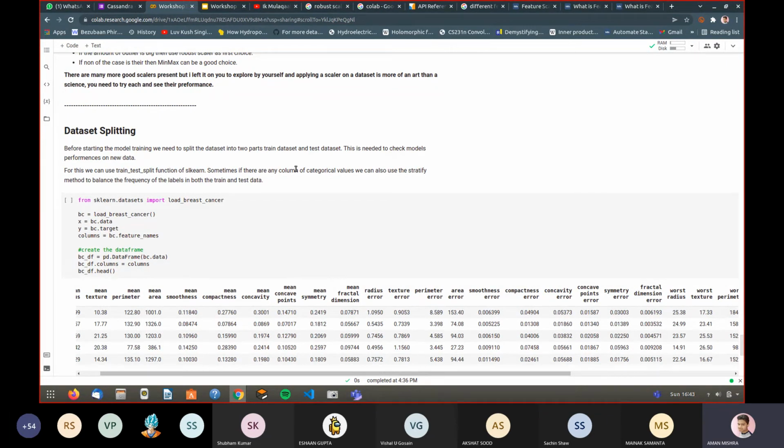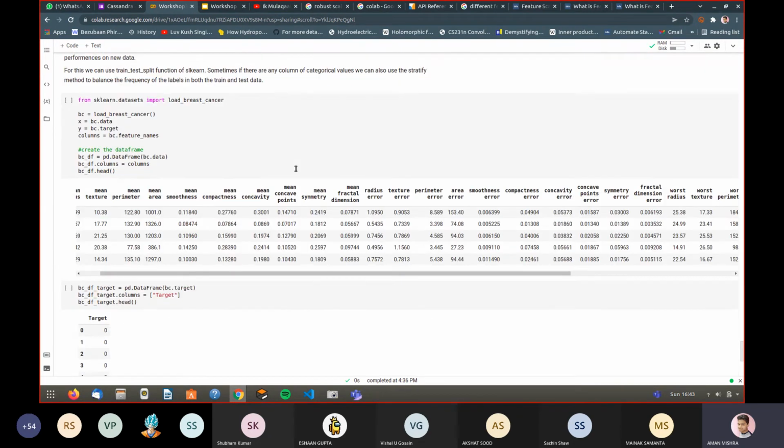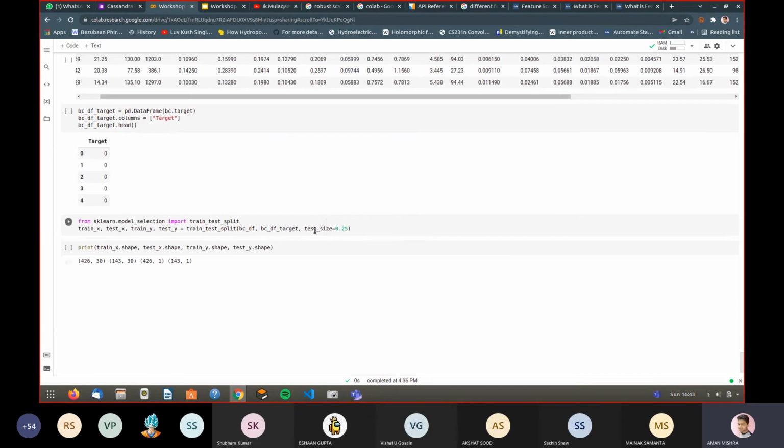Number one is the train test split of sklearn. What it does is cut out a portion of the training dataset. Suppose your training dataset is 100%, then you provide a test size fraction. Here it is mentioned as test size, but this data is generally known as validation data, val data. Validation data is generally used to validate your performance. After training on the training dataset, suppose here it is mentioned 25, so we divide the original training dataset into two parts, 75% and 25%.